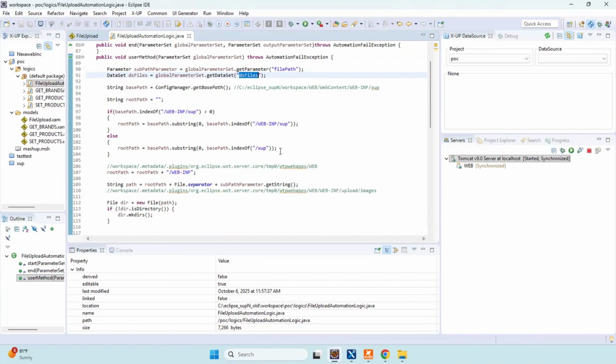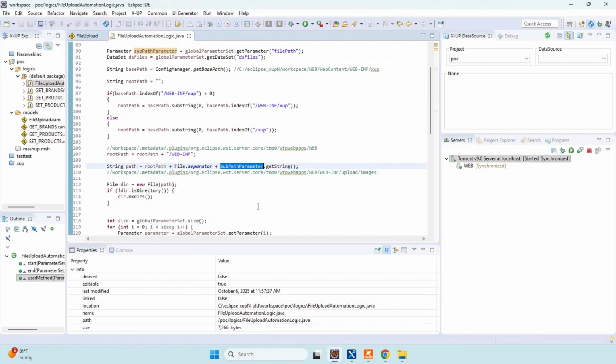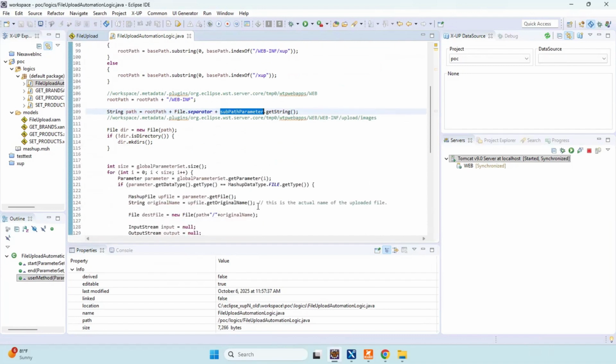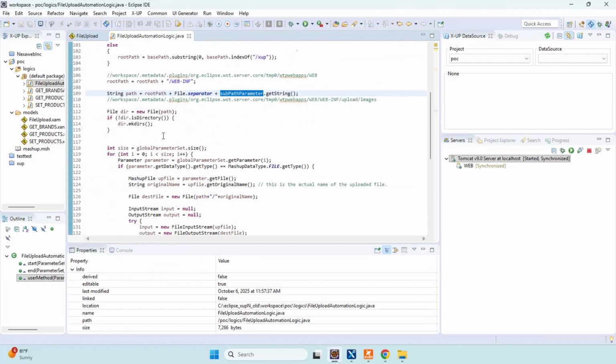So the location where we will upload the file, the root path is this, and we will use this location webinf/upload images. So upload images is the file path that we got from the UI. So if there is no directory, we create the directory.